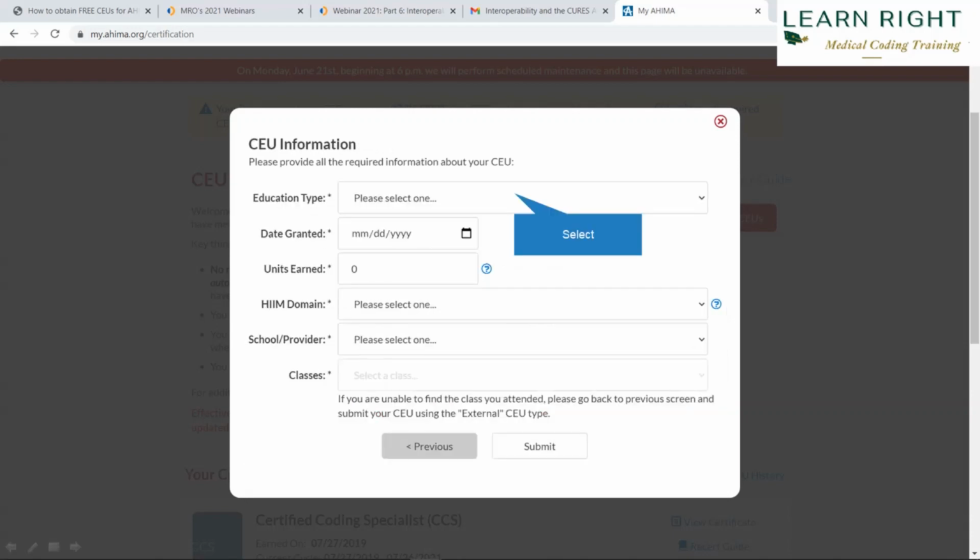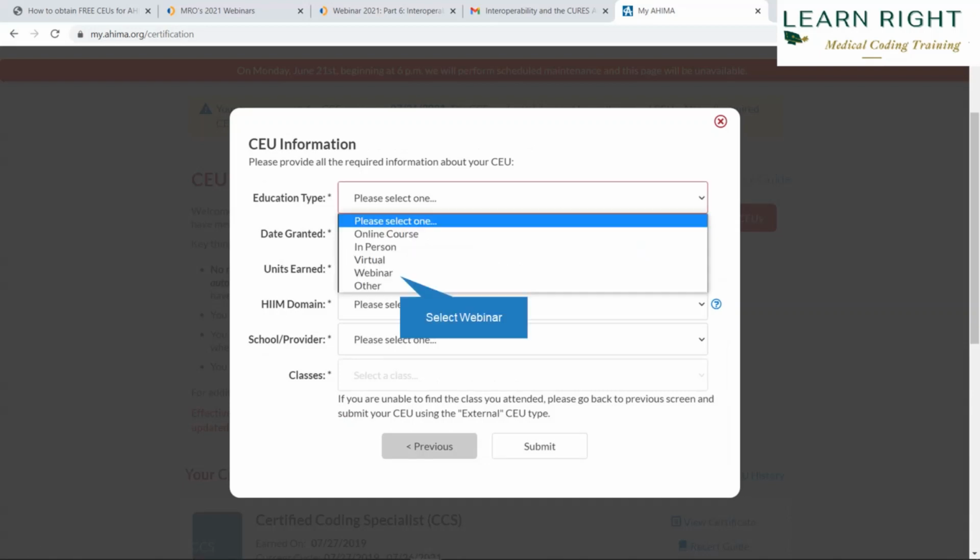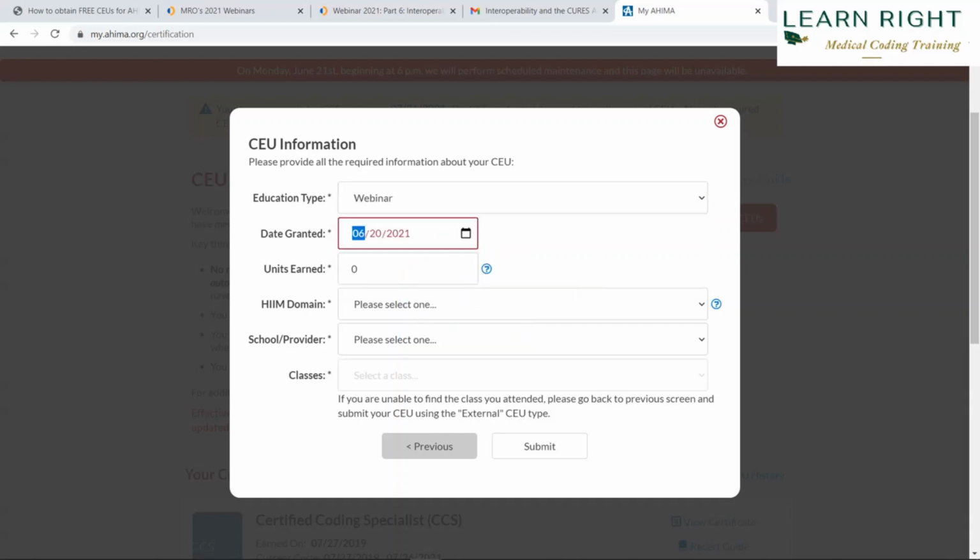Once you select this, in the next window you have to select the education type, which would usually be webinar. Then enter the date granted, whenever you have registered for the event. Then the number of units or CEUs for that particular event, and select the HIM domain which I just showed you.